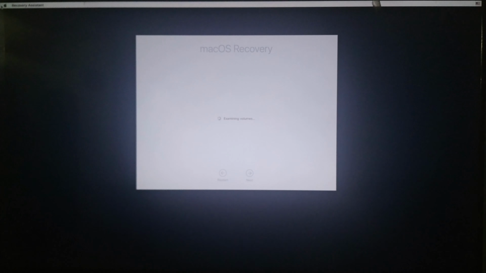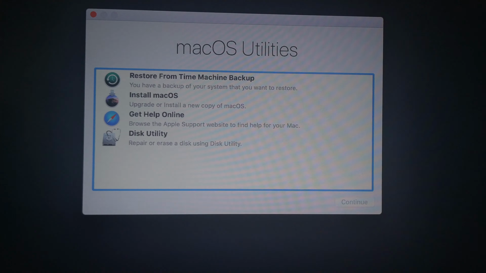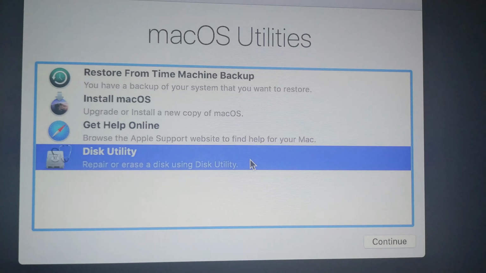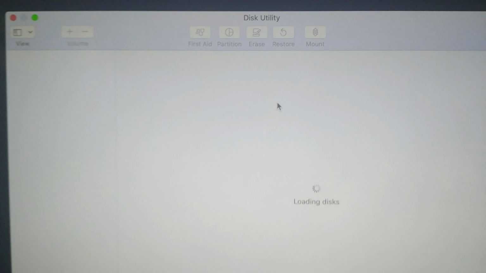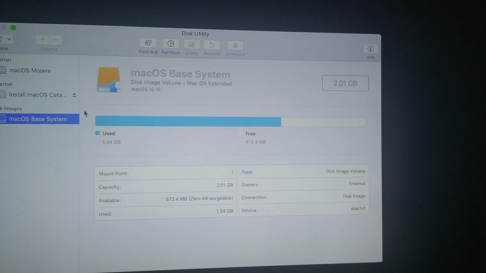So yeah, the USB installer has booted up, and now we're going to wait, and now first click on Disk Utility. This method is for if you want to go for a fresh install. If not, you can just upgrade in the next step. You can just skip this step. So now I'm going to click on View,